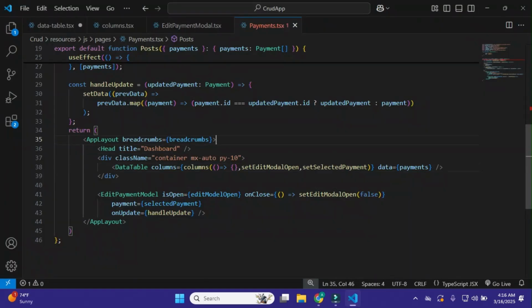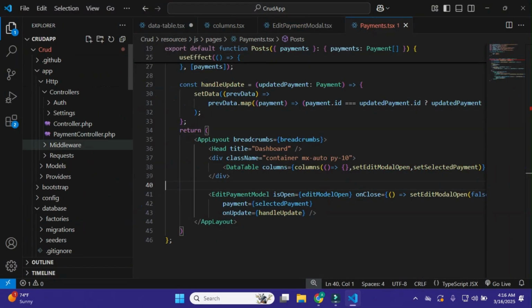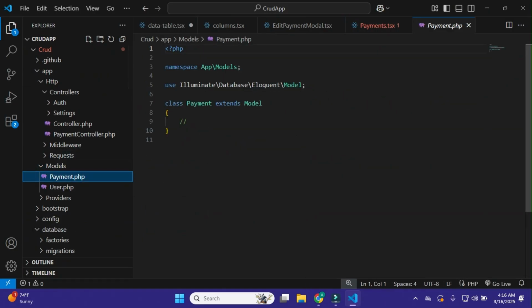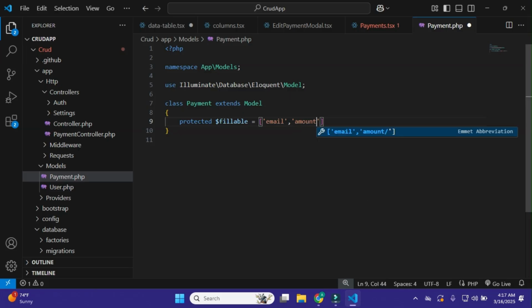Okay, so now before updating it, I need to do one thing, and that is I'll just simply go to my app models, and go to payments, and in it I'll just simply add here the protected fillable, because we are doing the update. So just add here fillable, and in it pass the email, and then amount, and then we have the status. Okay, that's great. Just save this,